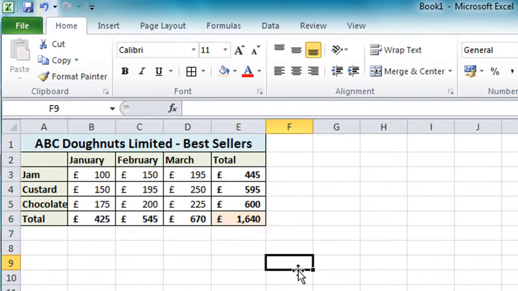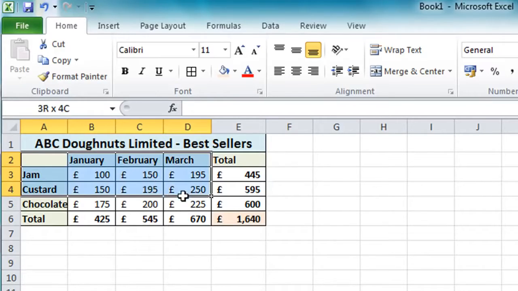Click away again. Now I might want to use these numbers as part of a presentation, so I'd like to make the spreadsheet look a bit more interesting, and to do that I'm going to add a chart, and to create the chart, I'm going to select cells A2 down to D5. Now that includes obviously all the titles there and all the numbers, but it does exclude the main title and